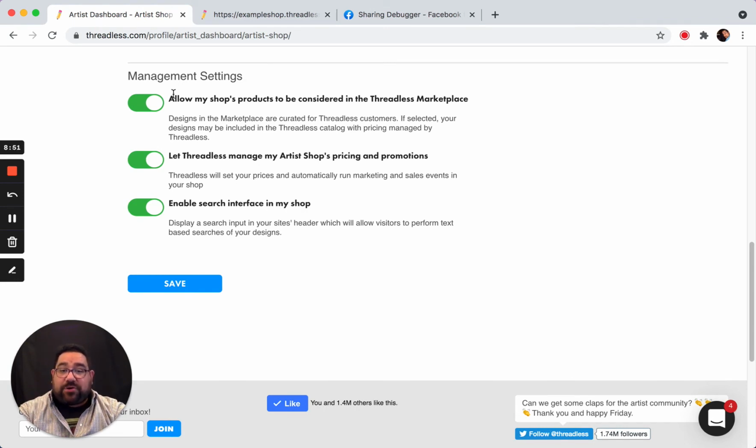So these are 3 important toggles, and let's go through them. The first toggle, allow my products to be considered for the Threadless marketplace. Now, your artist shop is a standalone artist shop. The Threadless.com page is a standalone page. What that toggle allows is for your products to be considered to be added to the main Threadless artist shop,